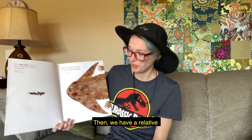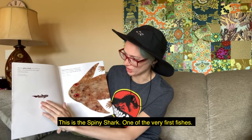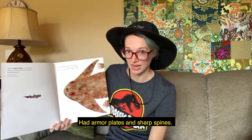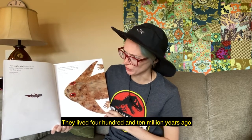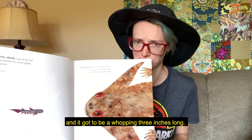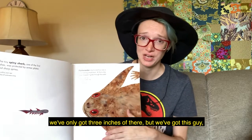Then we have a relative of the great white shark. This is the spiny shark, one of the very first fishes. It had armor plates and sharp spines. It lived 410 million years ago, and it got to be a whopping 3 inches long. Of course, we've only got 3 inches over there, but we've got this guy,